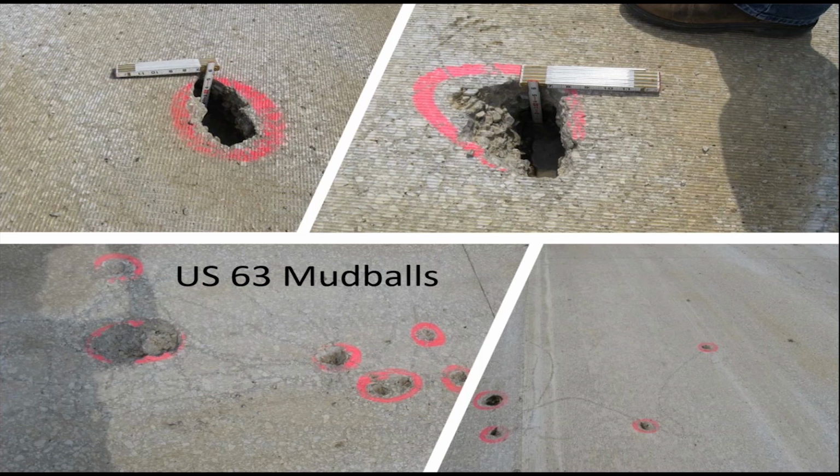I mentioned mud balls earlier, and usually they're aesthetically maybe noticeable, but you can epoxy them or do something else. In this case here, these were just too prevalent, too deep, too big to avoid having to replace the slab. This was probably the most extreme example of a mud ball problem you're going to see, but it can happen